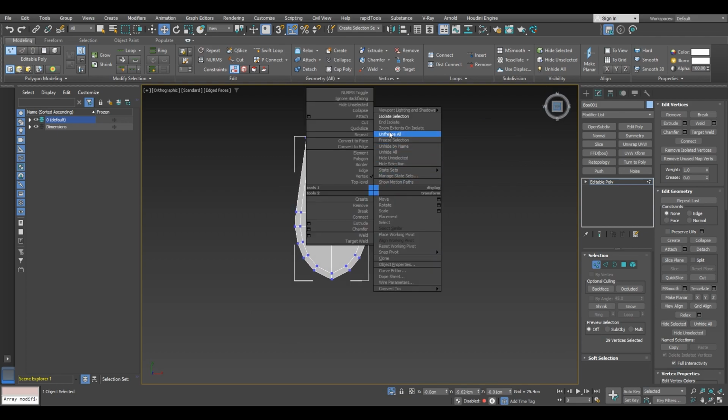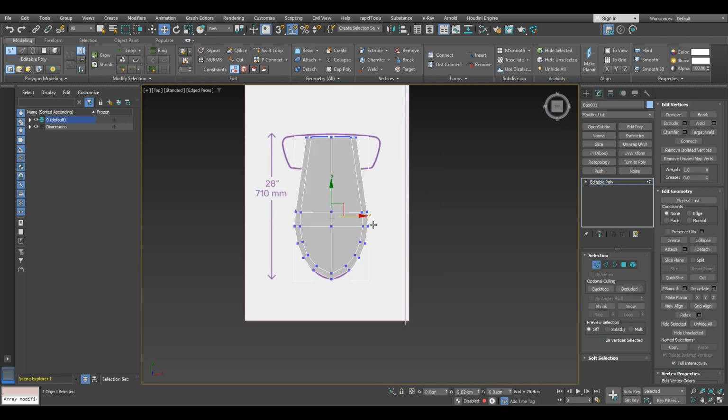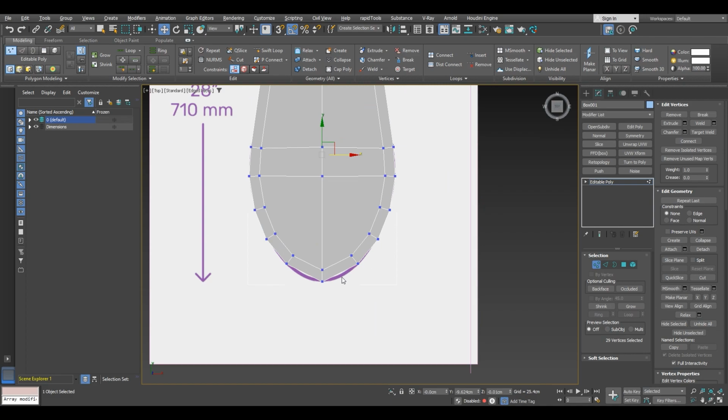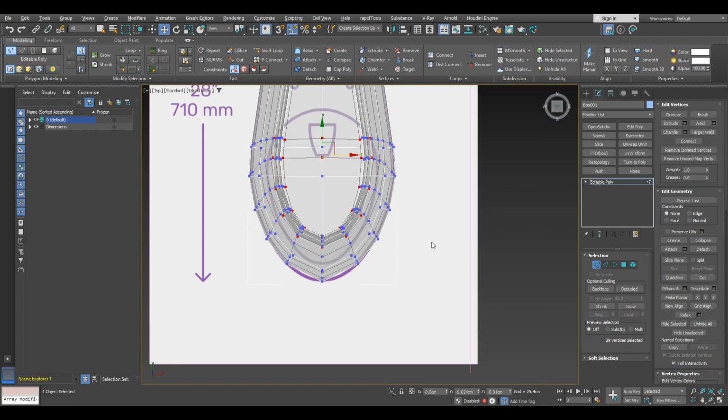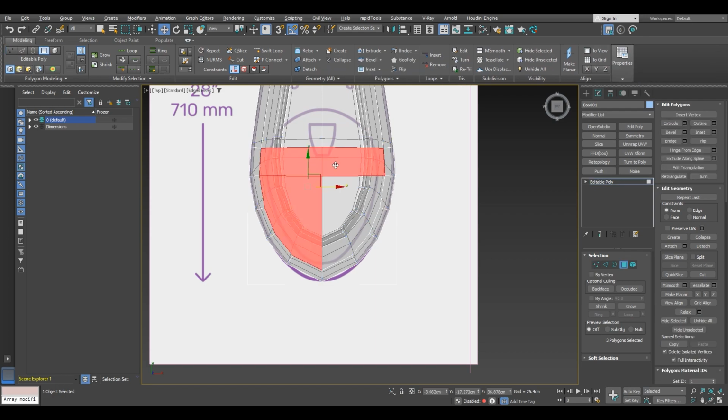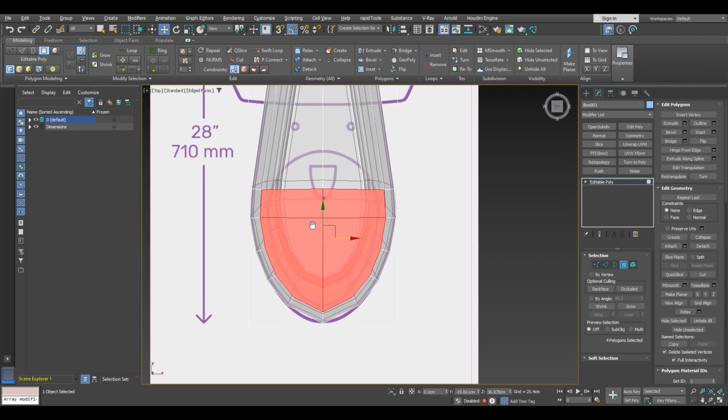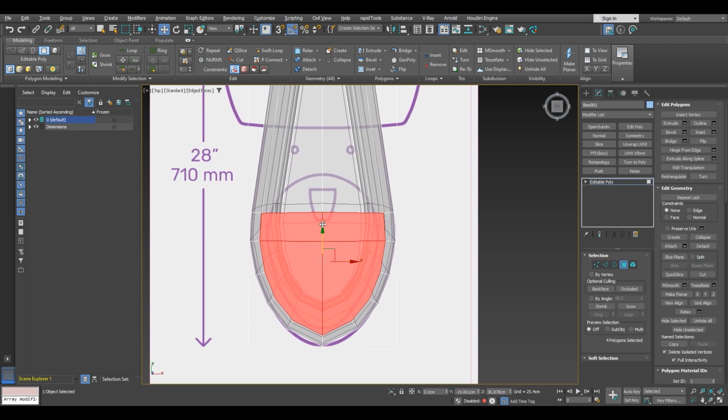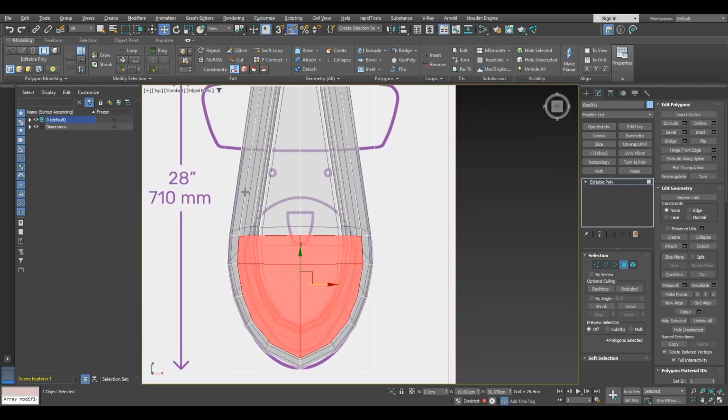And now we can end isolate, and we can again check if we need to tweak the model. So just go ahead and select these polygons, but I think that we will need to add another swift loop here, so let me just add one, something like this, maybe here. So now we will do the hole for the ball,